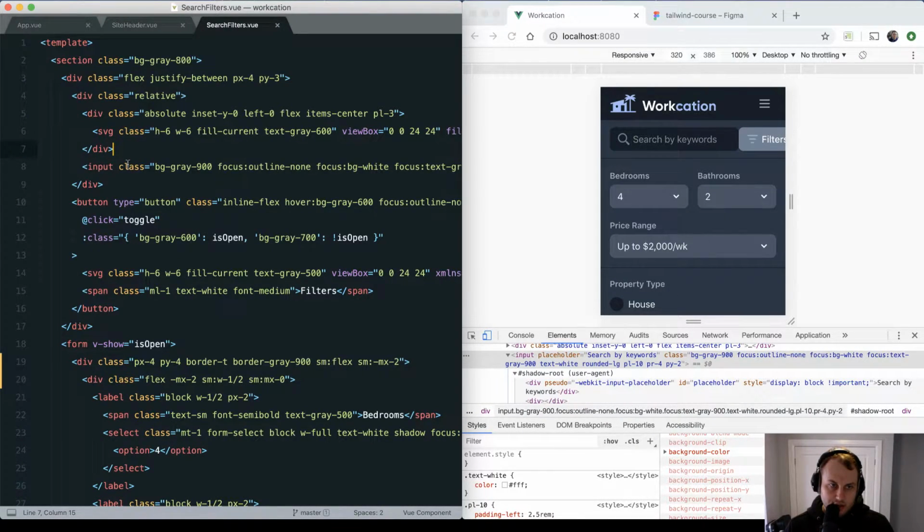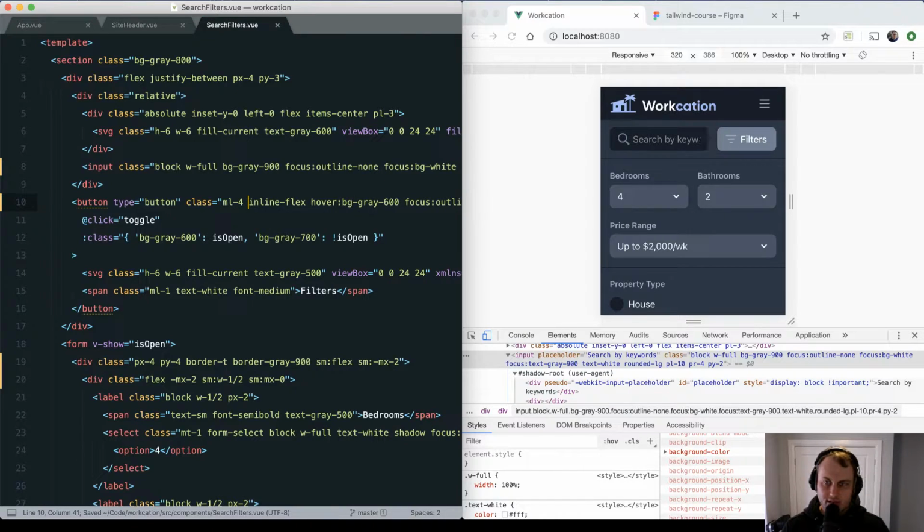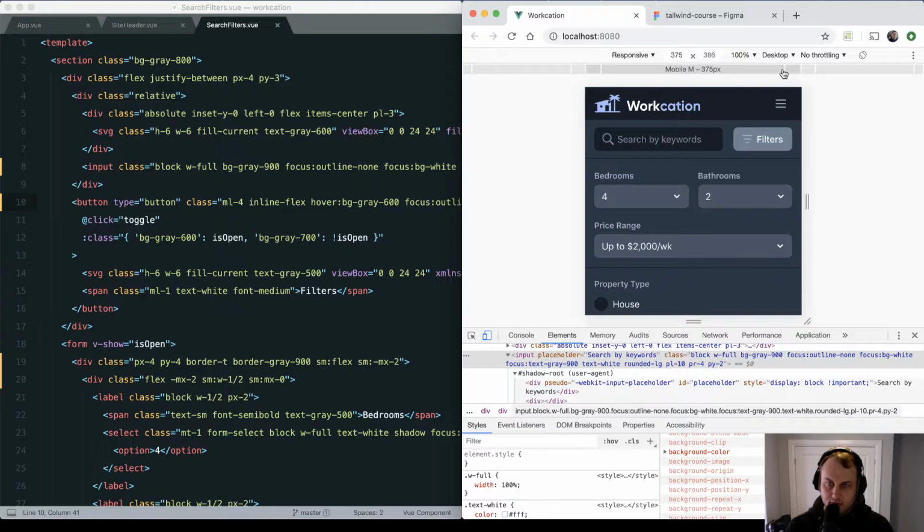So this input, if we just give it a width full and a display of block, because by default inputs I think are inline block with a width of auto, that'll make sure that it shrinks. And then this button, we can make sure that we have some space to the left of it, and then we'll be kind of okay. Now, yeah, the placeholder is a little bit cut off. I'm not too worried about it because it's on such a small screen size that no one's probably ever going to see it. But now if we jump back up to 640,